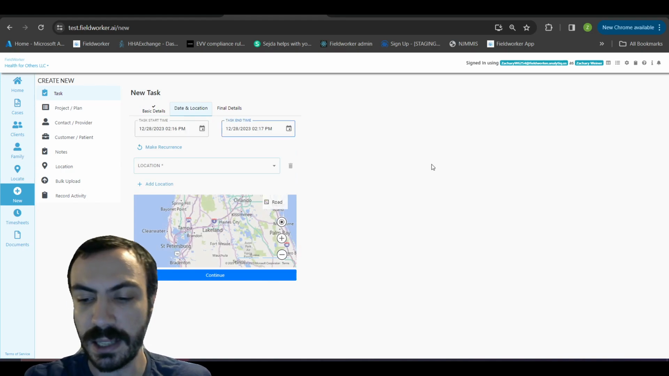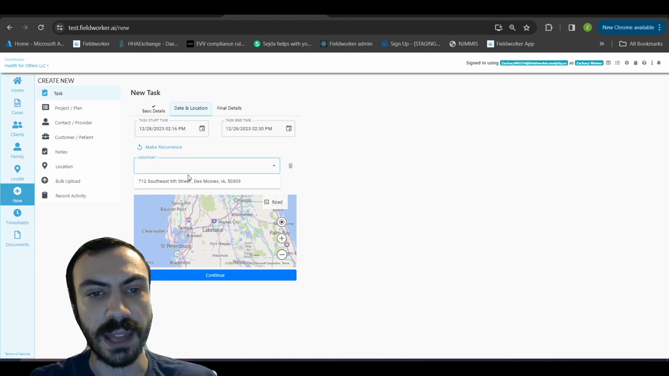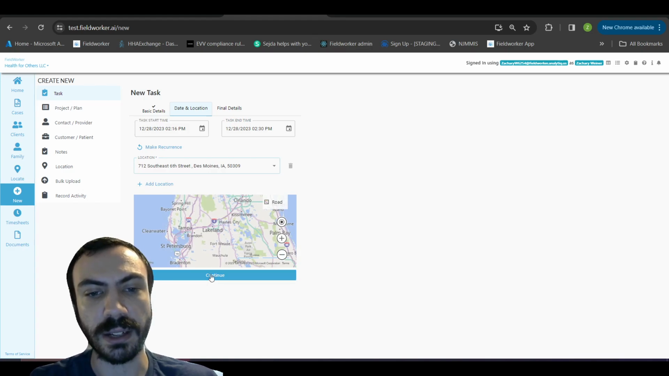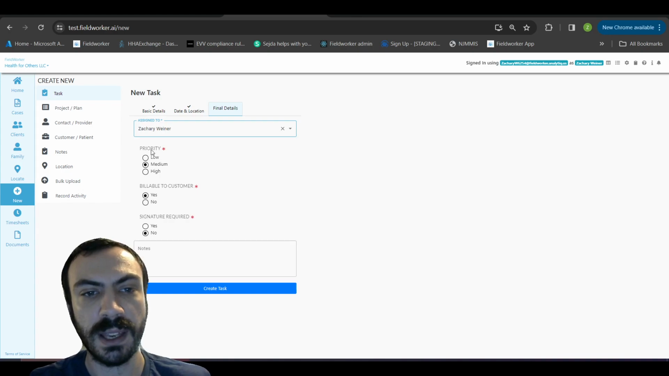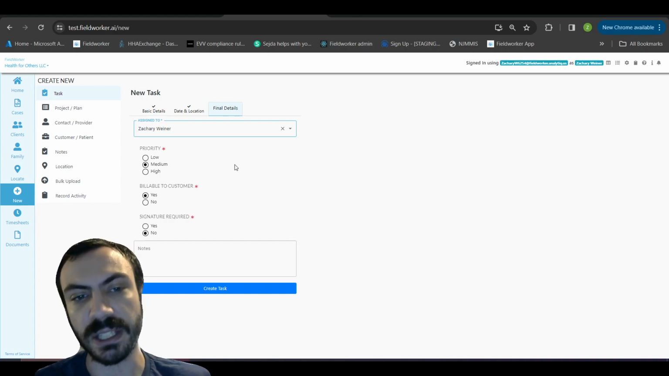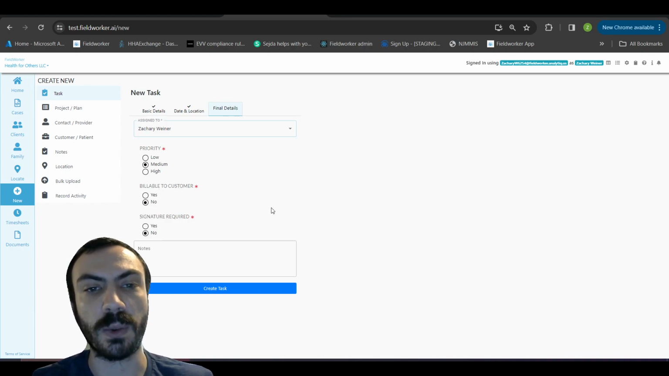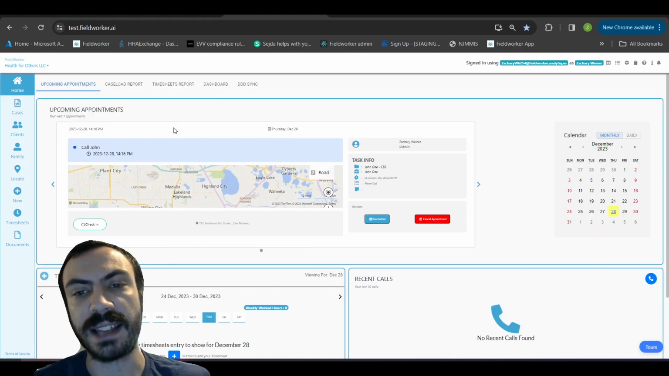We'll say, let's end at 2:30. And the location, which is the location assigned. I'll then click continue and then assign this to myself. We can set a priority if this is billable to the customer and if a signature is required. Once created, if I go back to the home screen, we can now see that the task is going to